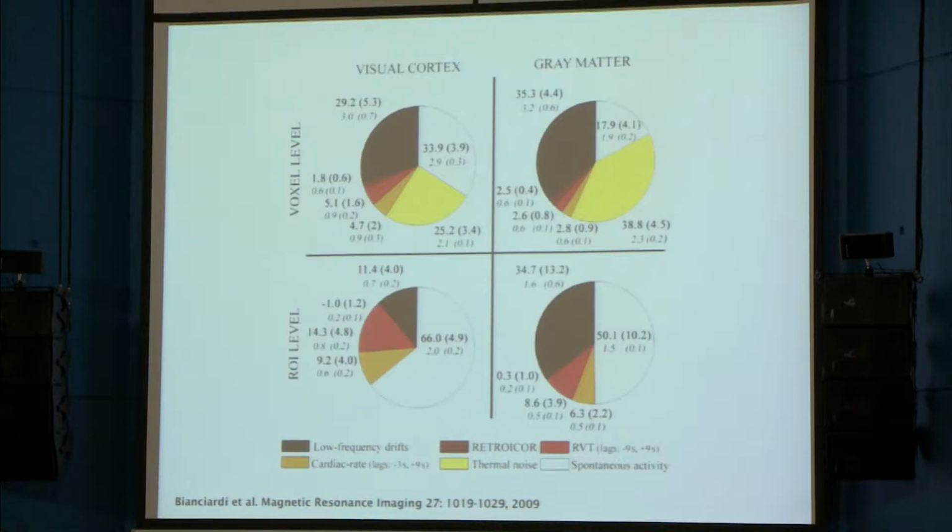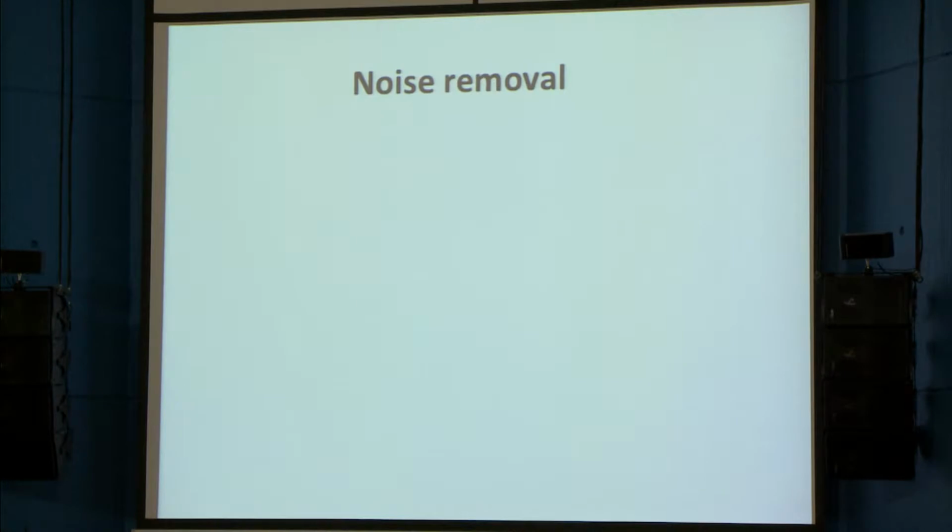This is another way of putting it. This is some nice work by Jeff Dunn's group showing how much other stuff we have to look through. For instance, in the visual cortex, everything that we want to get rid of is not in white here. This is everything that exists either at a region level, where there's less signal to noise, or a voxel-wise level, where there's a bit more signal to noise, but there's still a lot left that we have to look through and get rid of. And we still haven't gotten rid of it perfectly yet.